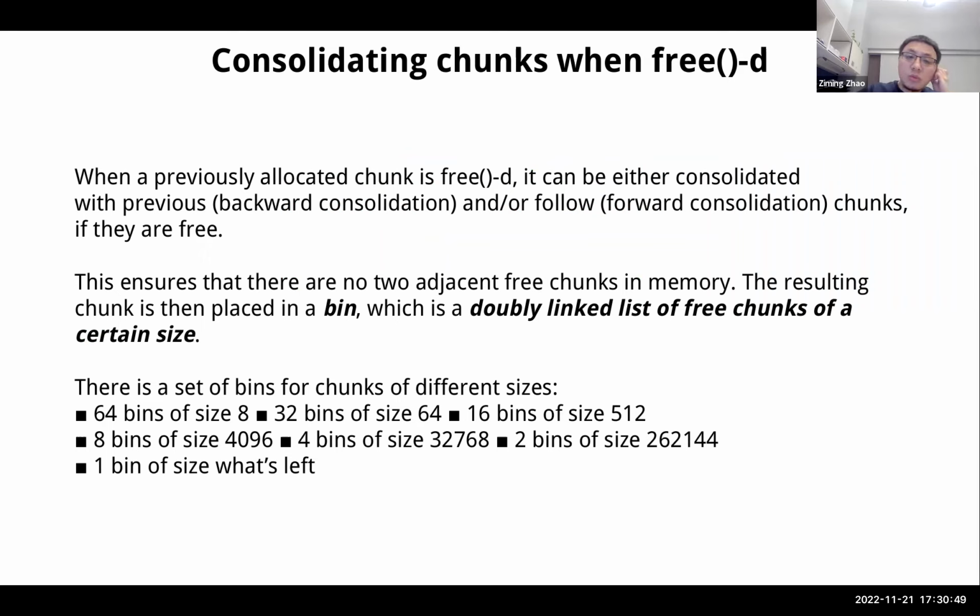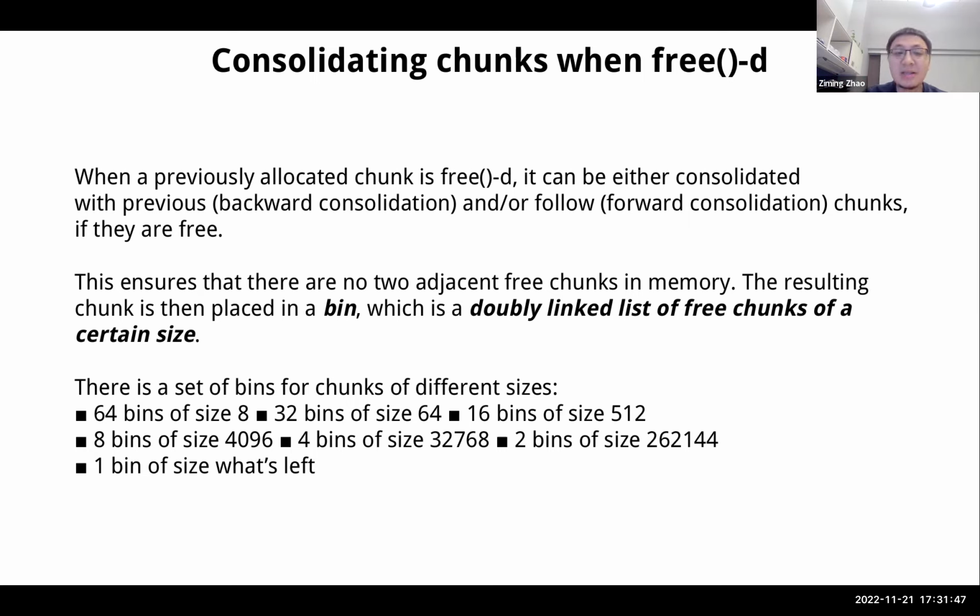So when a chunk is freed, the C library will try to consolidate its nearby chunks if its previous chunk or following chunks are also free. So basically it consolidates them into one bigger chunk, and that's a freed chunk. This ensures that there are no two adjacent free chunks in the memory. The resulting freed chunk is then placed in a bin, okay? This is basically a doubly linked list of free chunks of a certain size. There are many bins